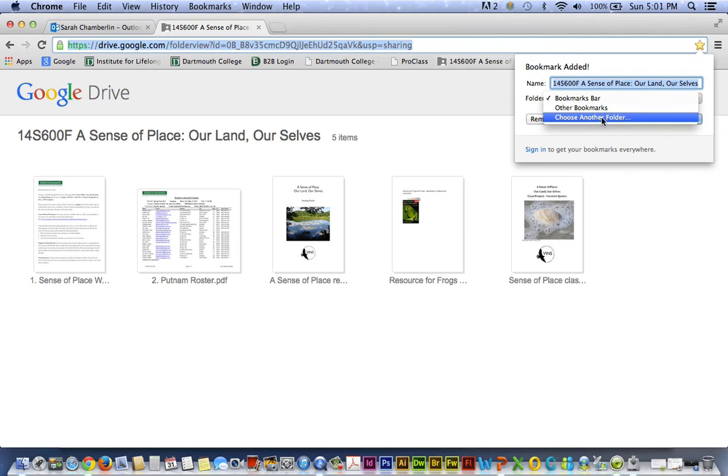If another option shows up, you're welcome to locate this bookmark in any other place that you wish. For quick purposes, if I want to find something very quickly, I tend to like it at the top of my screen, right on my bookmarks bar. That's why I'm recommending that you include it in the bookmarks bar. So now I'm going to click done,